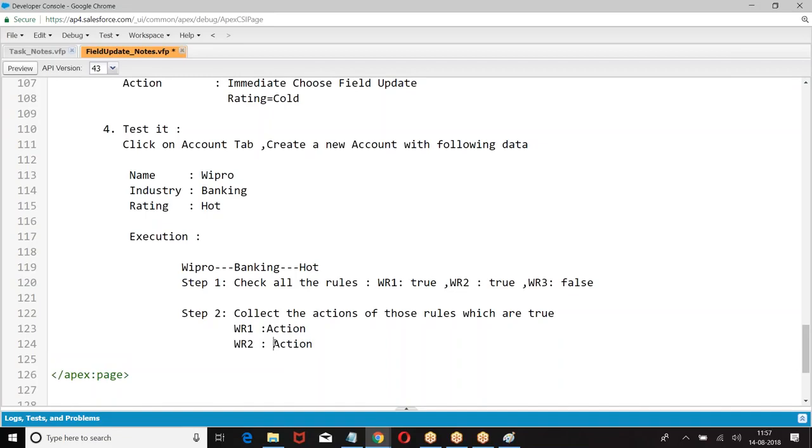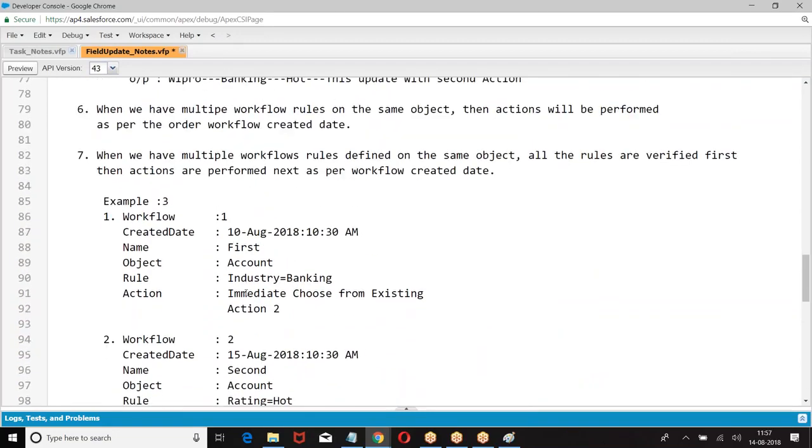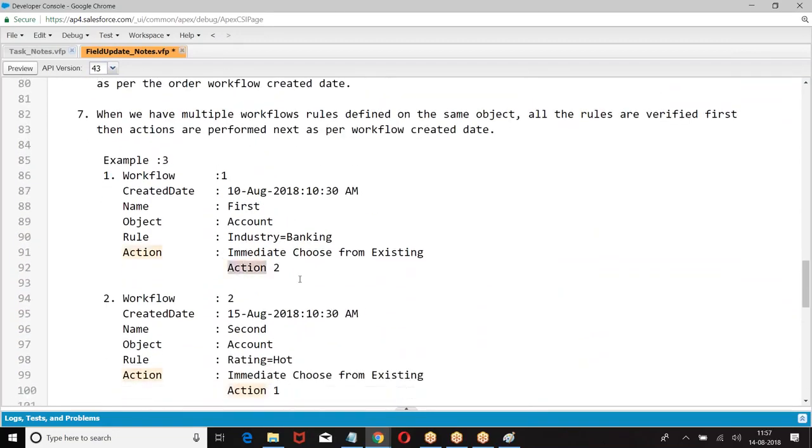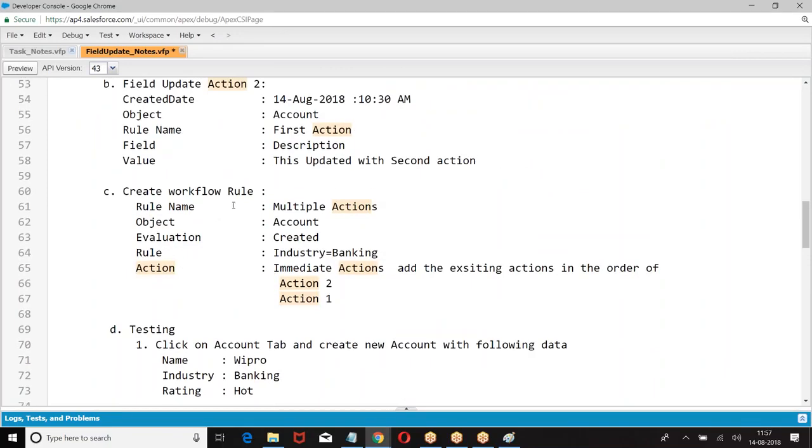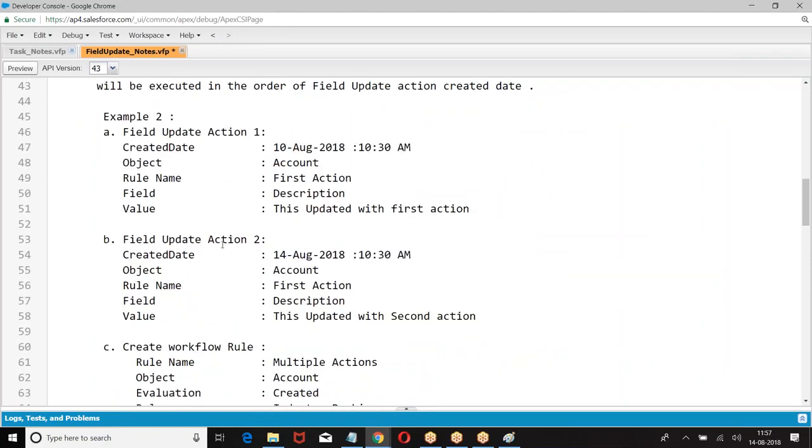Run the actions as per the order of workflow creation. So which workflow is created first? The first one. What is the action they gave? Action 2. What is action 2? This is the second update.